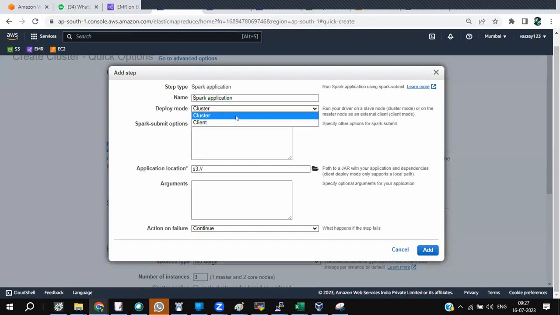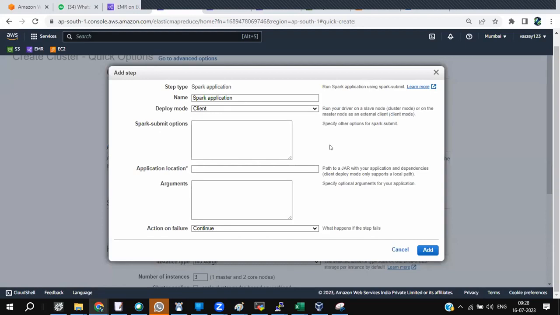Client means the driver program sits on the edge node or master node. Cluster means the driver program sits on one of the data nodes. In the cloud environment, cluster is better, because this is the only job going to run.